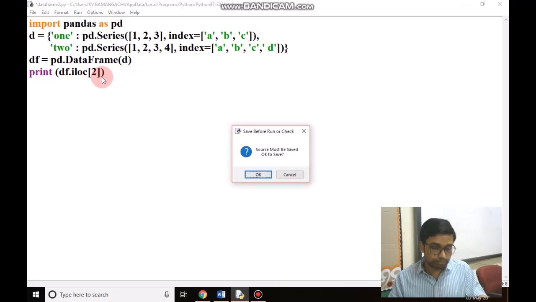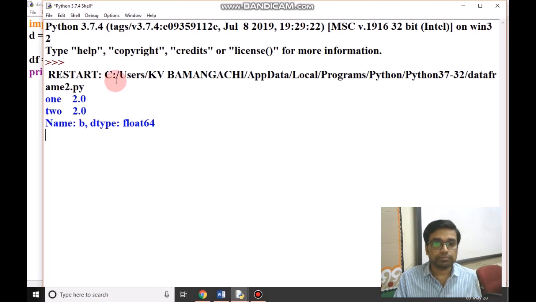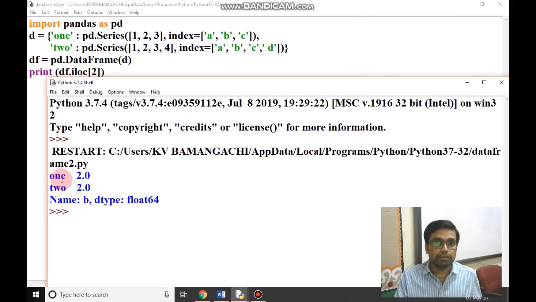If we run this program, we will find 2.0. iloc will return the location of value 2, so it is giving 2.0 and 2.0. In column 1 and column 2 both values are 2.0.